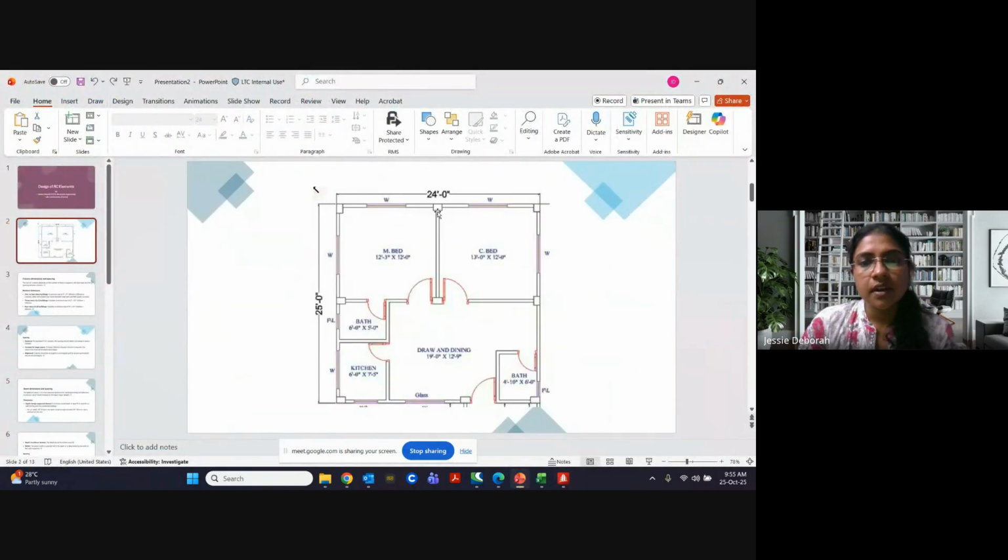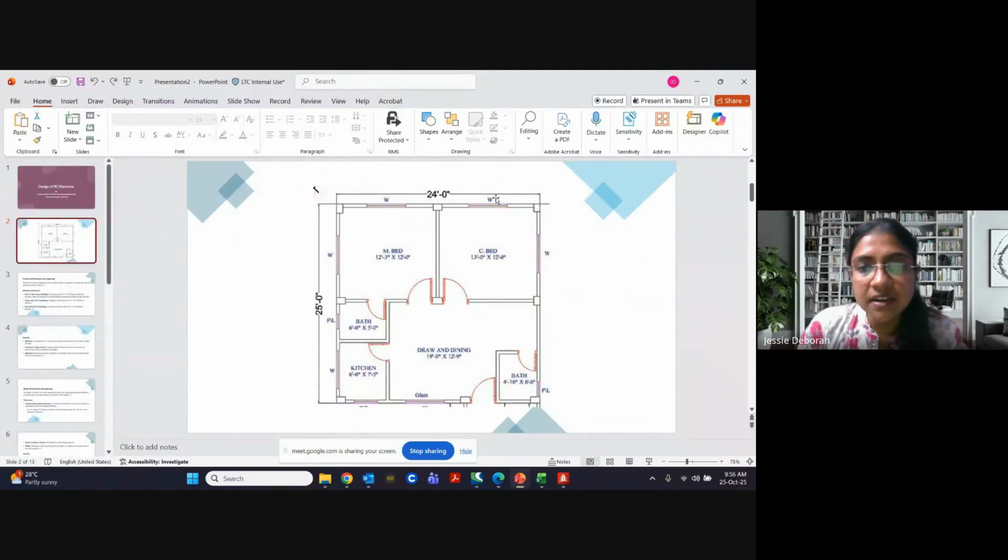So this is our plan. 24 feet by 25 feet. 24 feet on average is going to be 7.3 meters and 7.6 meters. Okay. So now we have a column here in between. We have 1, 2, 3, 4, 5, 6, 7, 8, 9 columns. Because there is a glass, they have moved it here, but we can actually place this column here. That is how we are going to do our model. For your better understanding.